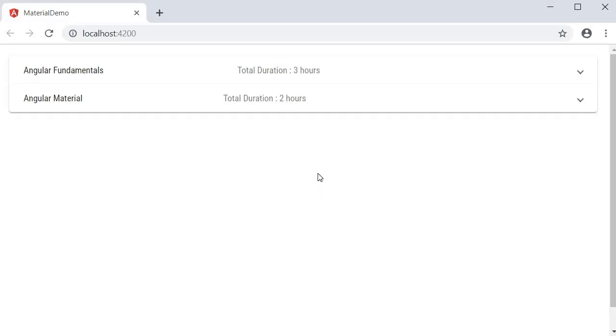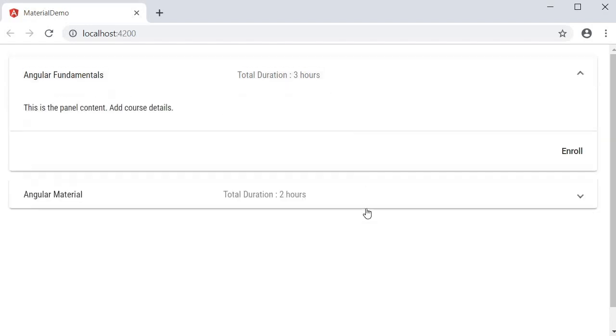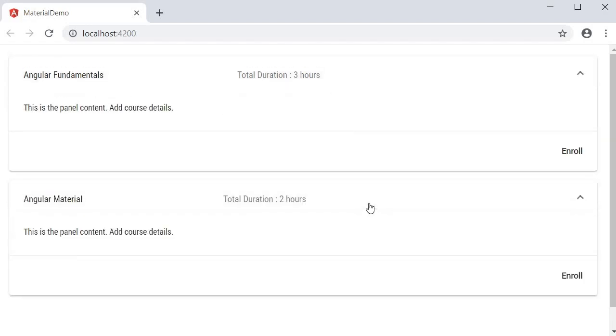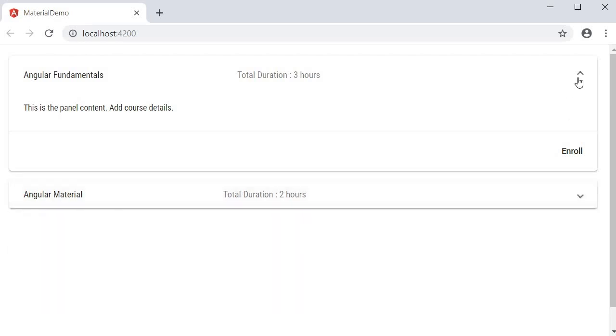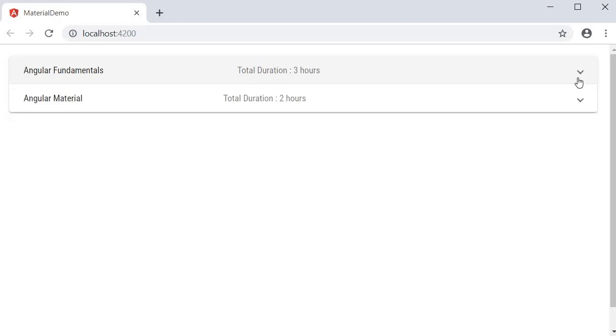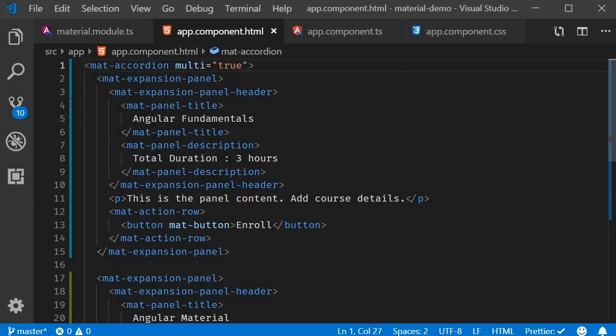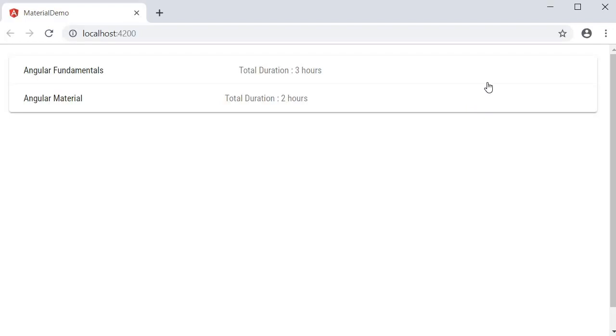If we take a look at the browser, you can see that we can now expand both the panels at the same time. And if you notice, to the right of the panel header, we have the toggle icon. If at all, for some reason, you want to hide this, simply add the hide toggle attribute on the accordion. Hide toggle. Take a look at the browser. Now it is hidden. Now there are a couple of methods which could be useful depending on your requirement, so